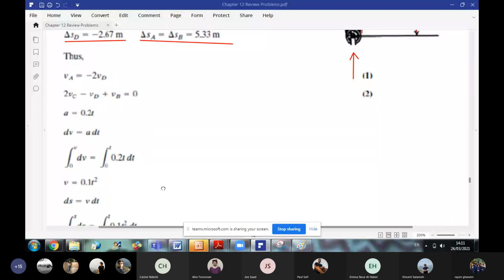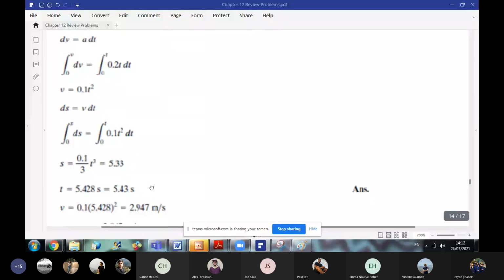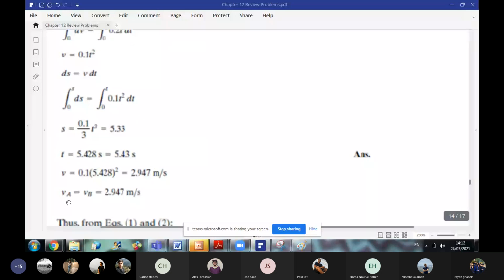So now, all we have to do to get the time of motion is to replace in the equation of position and get the value of t needed to displace the block 4 meters. As we have already calculated the velocity of A and B as a function of time, we can replace t in the expression of V to get the velocity at A and B. But pay attention that the velocity we need is not VA and VB. We need the velocity of block C. So now after getting the velocity at A and B,